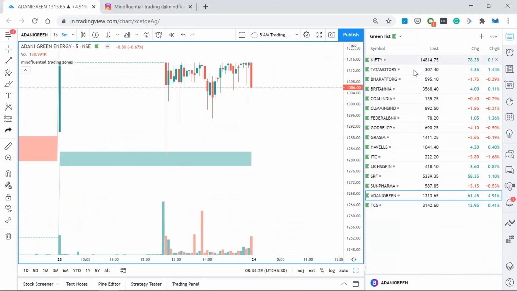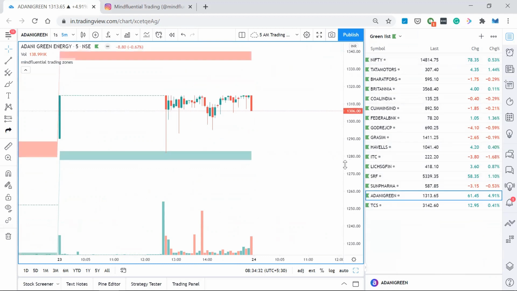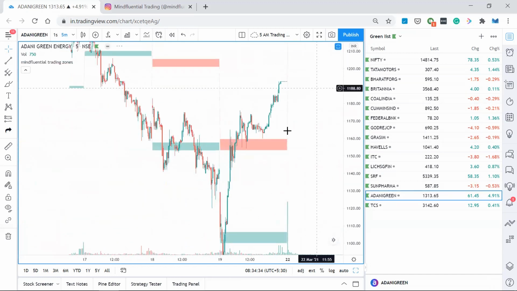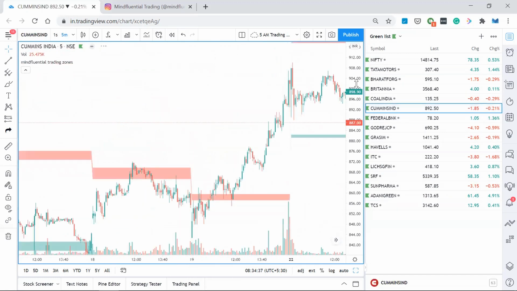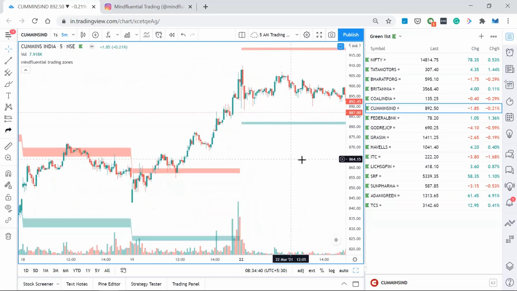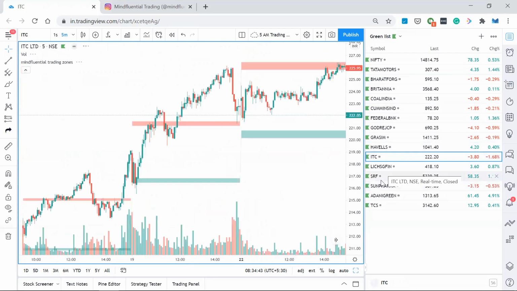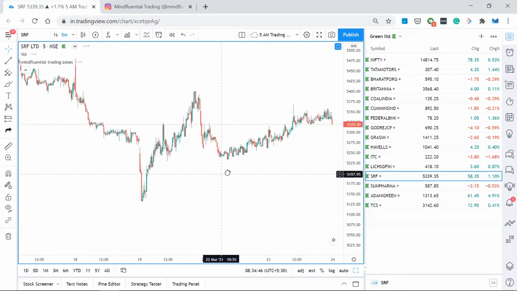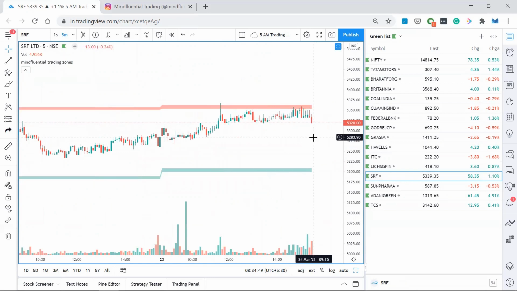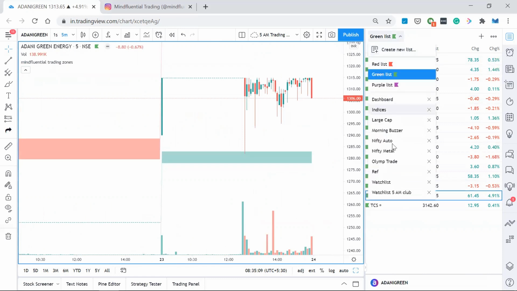Only on these few stocks, we will again filter using the price action techniques, and then we will take up only either one or two trades. We use only the high probable trade setups, and we take only those particular trades to get the proper trade setup. So that's how you need to use it. Definitely, it doesn't mean that it will work 100% of the time. It means that it will give you some indication. Most of the time, the price will get some reaction at that particular zone. When you take up the price action techniques and combine them with it, you will be able to find good trading opportunities. That's what it means.